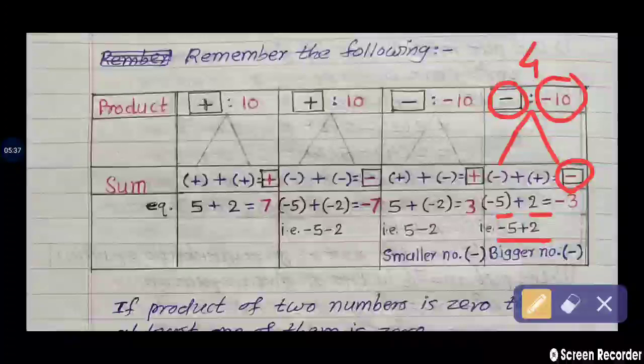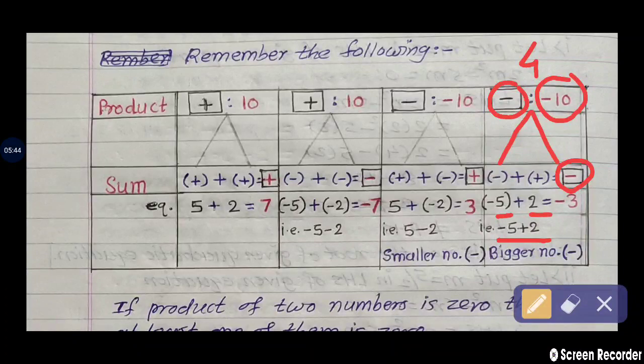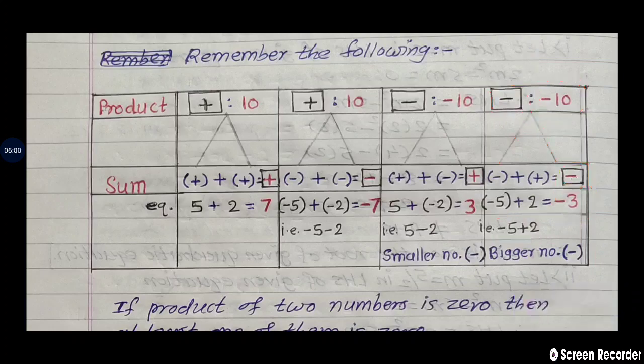So minus 5 plus 2. It is not 5 minus 2. Minus 5 plus 2: write the minus sign, because the negative sign is for the bigger number. So that minus sign we write as it is in the answer. And what is the difference between 5 and 2? That is 3. So we get the answer minus 3. In this way, these are the basic rules required to solve today's exercise, practice set 2.2. Clear?